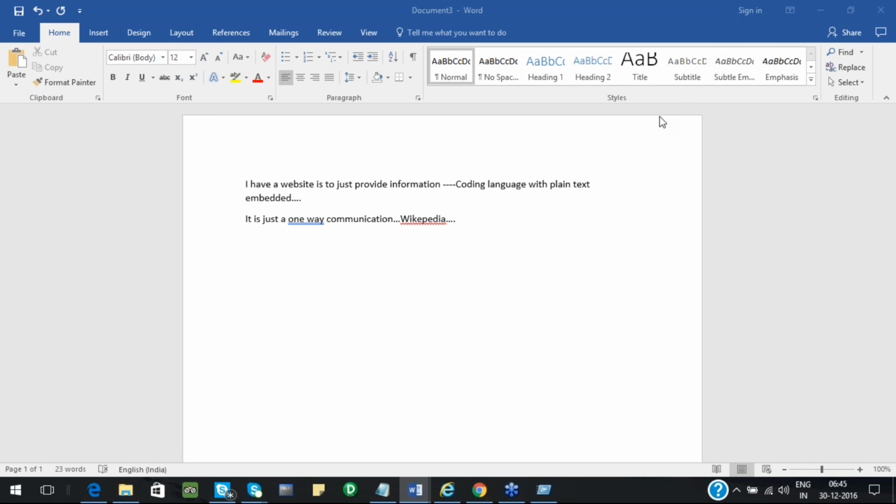So I have a server which hosts my files. I have a plain text file, just like a Word or Notepad document, where I'll keep the entire information. So in Wikipedia, how do you search? Say suppose you are searching for tourist places in USA. It will search the entire folders and give you results, just like in Google.